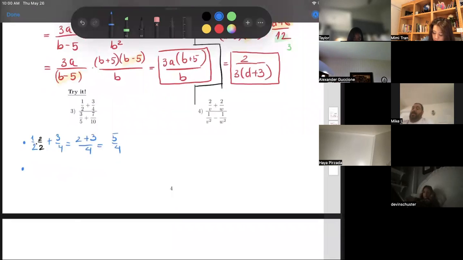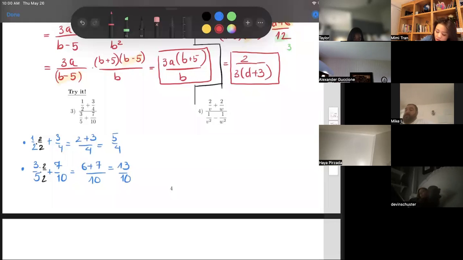And then the one in the bottom, I have 3/5 plus 7/10. The LCD here will be 10, because in order to add fractions you need a common denominator. The first one is missing a 2, so 2/2. So the LCD is 10. 3 times 2 is 6, 6 plus 7 is 13, and the bottom is 10. Okay, so now you have